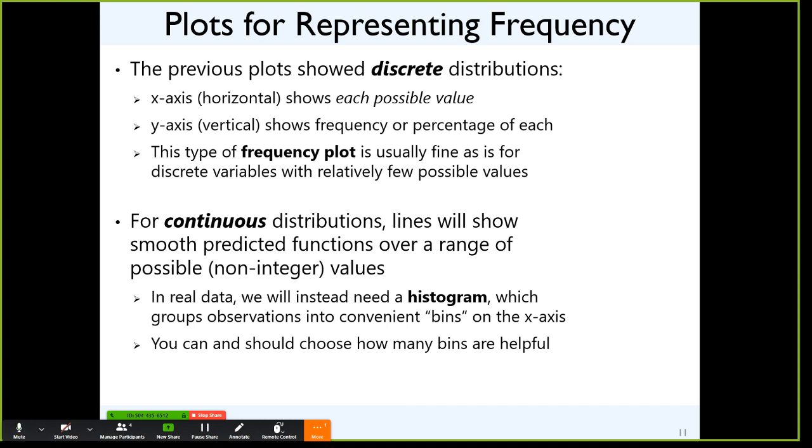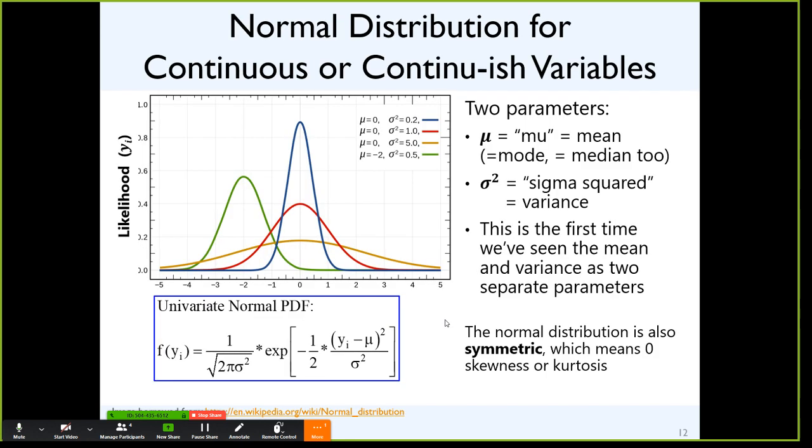in order to make a picture like that, you have to create some sort of artificial grouping to show how many are in each level, where level is something you define. And those types of pictures are called histograms. I'll show you how to make those because they're very helpful for just understanding the shape of a variable. And you would need to choose how many of these rounding points, known as bins, would be helpful. So this is the rest of your life for this semester.